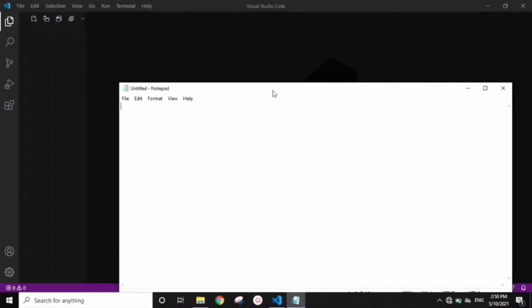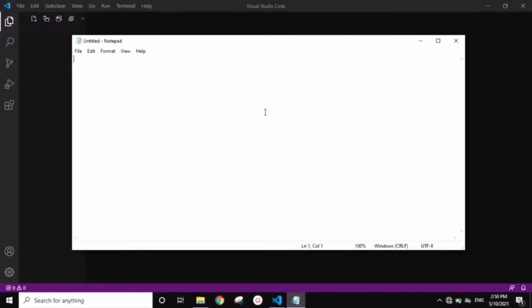So let's try our first program here on the notepad, and then we would do the same thing on the Visual Studio Code. It's not compulsory for you to download anything, as your notepad is already present in your laptop or PC. So this is going to be our first program. In our first program, we would start with the comments. If you want to write a comment in HTML, you are going to write the angular braces, the exclamation mark with 2 hyphens, and then just for time being I am writing this as class 1.